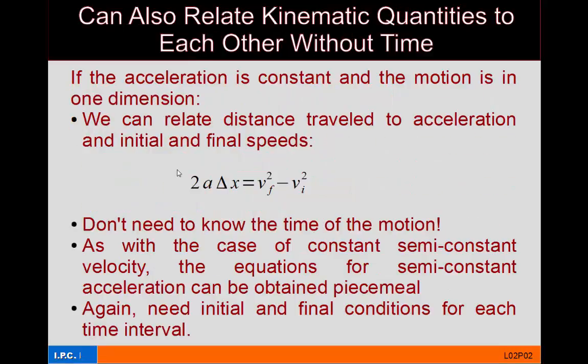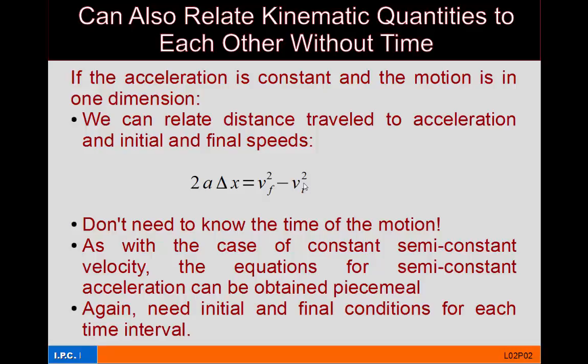When you have a constant acceleration, and when you have a motion in one dimension, you can actually relate the distance traveled to the acceleration and to the initial and final speeds. You end up with an equation that looks somewhat like this. And where this equation comes from is that you can solve the velocity versus time equation for time and then substitute that back in to the position versus time equation, and then sort of cancel or add together like terms,